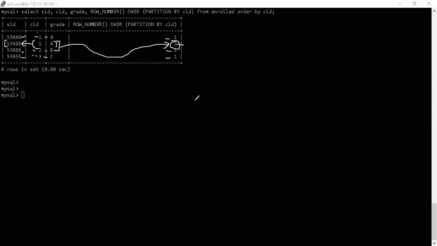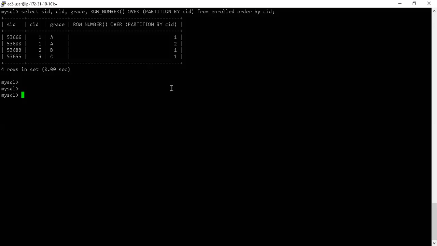I hope this was not really a very good example because we have a lesser amount of data. But I hope I was able to make you understand what is the main function of using that partition by clause inside the over keyword. So the over keyword basically specifies how to group together the rows when computing the window function. So when you are computing the window function, the methodology that you are going to use to group them is by the course ID. In this case, I have done it by the course ID, right?